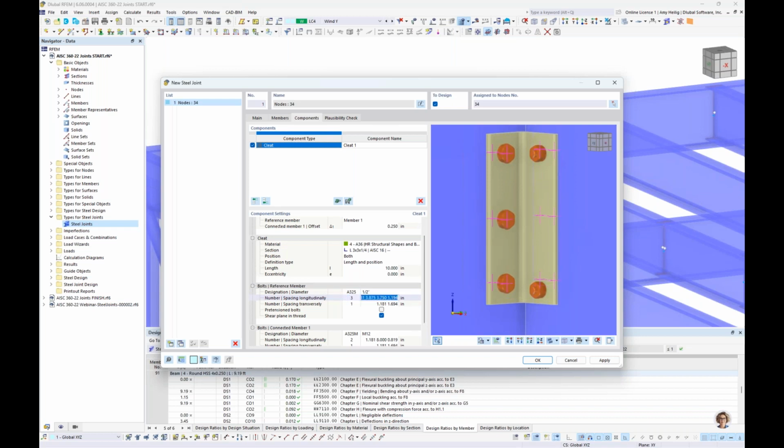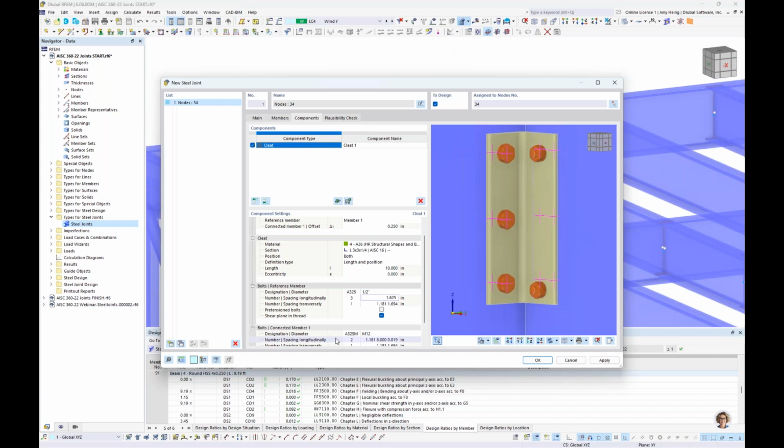The second input settings are the spacing. So this is set up to specify the distance from the top of the cleat to the center of the first bolt, then the center of the first bolt to the second, to the third, and so on. So my spacing from the top of the cleat to the center of my first bolt is going to be 1.625 inches. I then hit the space bar on my keyboard, and I'm going to input in the spacing from the first to the second bolt,